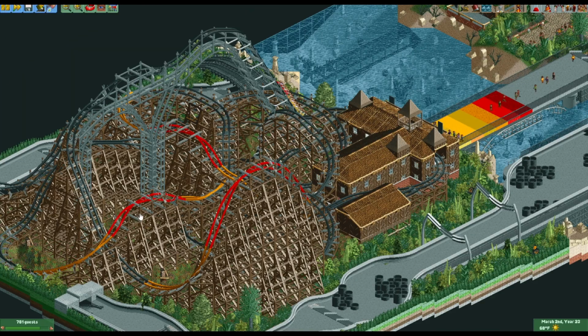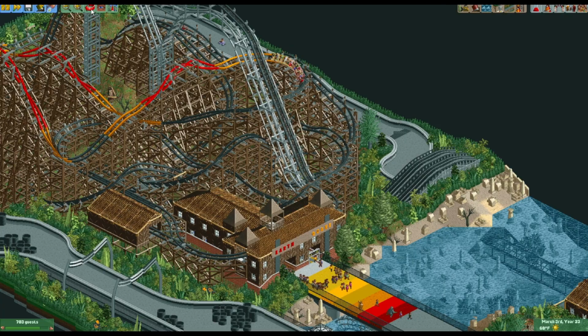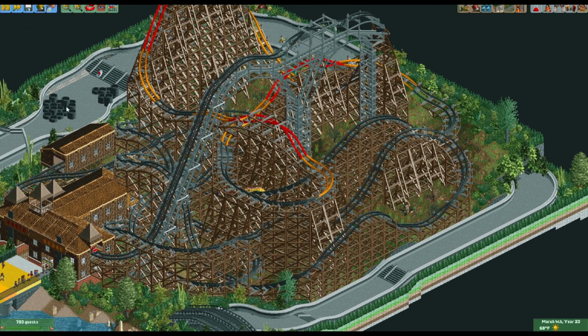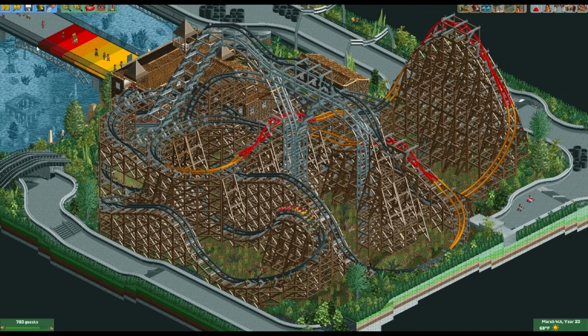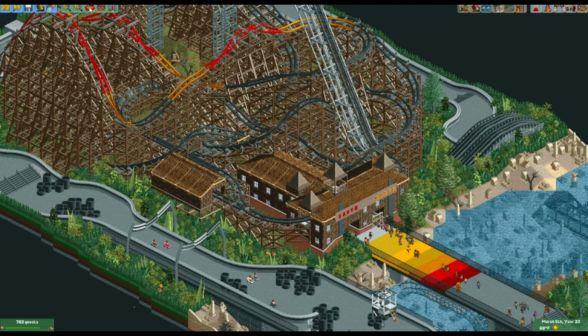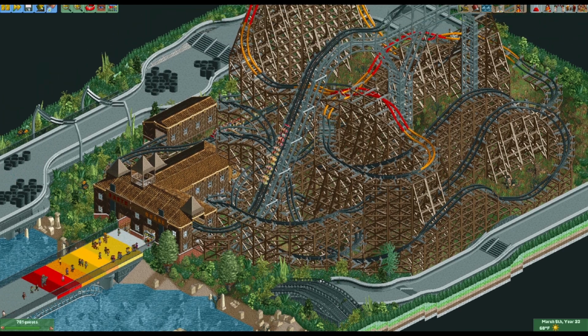Oh gosh, that's crazy. I like the color. That's fun. So it's like the inversions are all colored. I lost it. It's in there somewhere. There we go. That's a really fun take